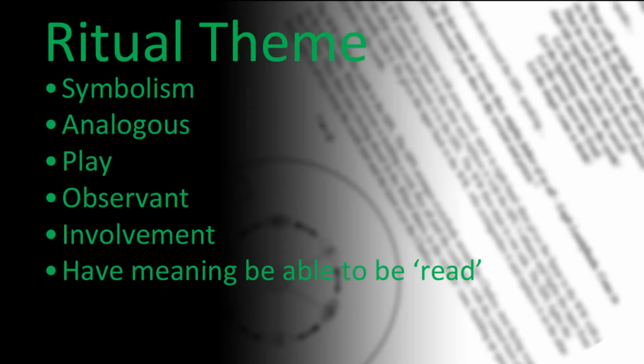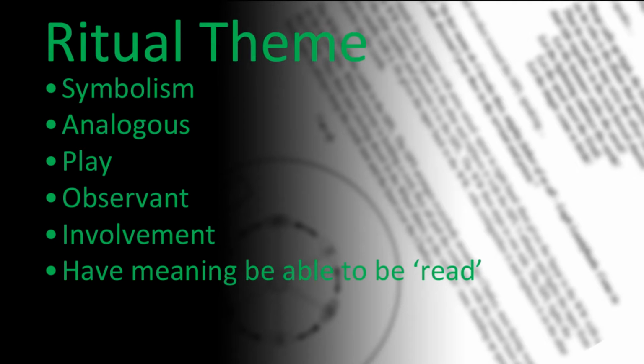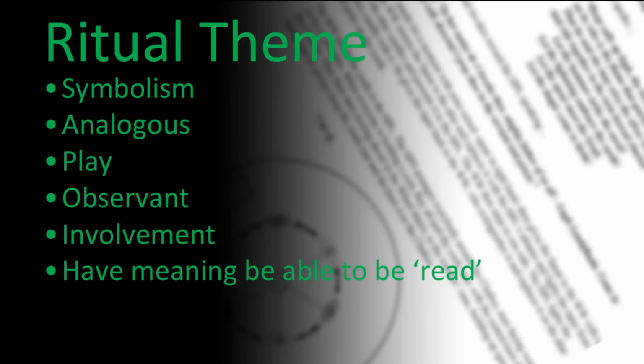If it's going to be, say, allegorical based, symbolically based, or is it going to be sort of like a play? Definitely for writing a ritual, you want to have symbolism. Analogous, for example, the spring equinox is about the arrival of the sun god. A play, for example, this particular ritual, the spring equinox, is based on Lugh's arrival to Tara, to the hill of Tara. Observant. So you want to think about who is observing the ritual and what are they going to see into it?